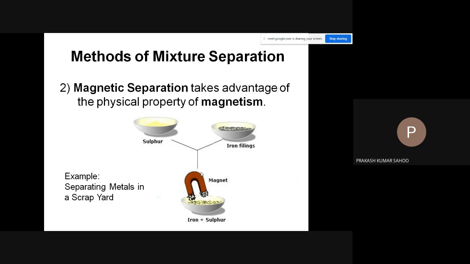Okay, so this is an example where sulfur and iron filings are mixed, and from this mixture, with the use of a magnet, the iron filings are separated, and sulfur gets